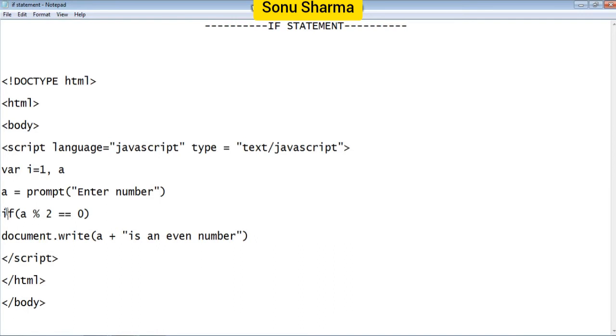Now after that you have to give the if statement. From here the if statement starts. So this is the condition you have to give inside the bracket. So condition is what? To be an even number, the number should be divided by 2. So a, that means this number should be divided by 2. So this modulus means after dividing the remainder should be 0. Okay, this is the meaning. So this is a condition. After that the statement should be what? It will be displayed in document.write. So what is the statement it should display? That means a, this number a, whatever your input is given, plus is an even number. So it is an even number when this condition is true. Okay, in this way you have to see the output.